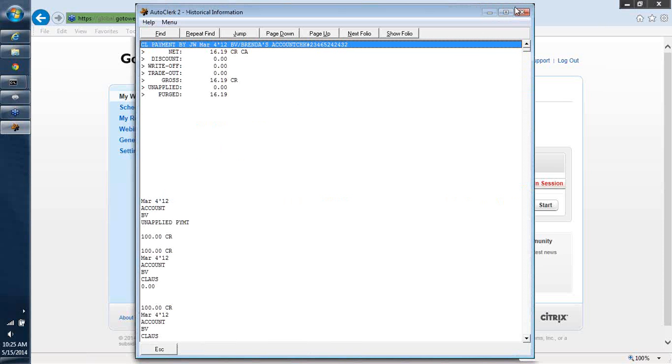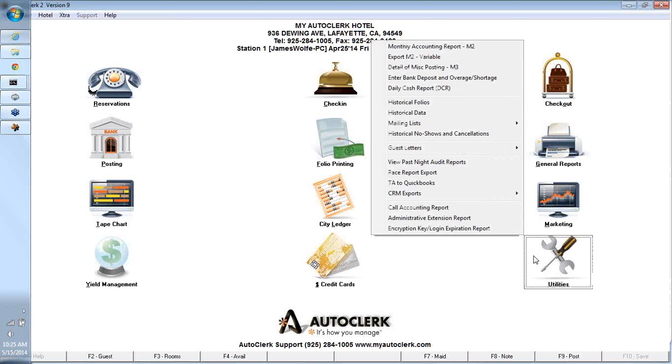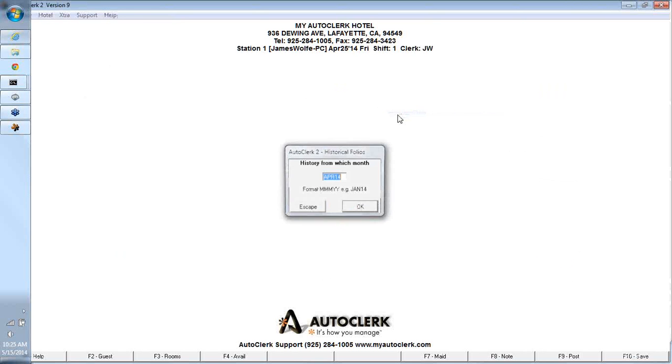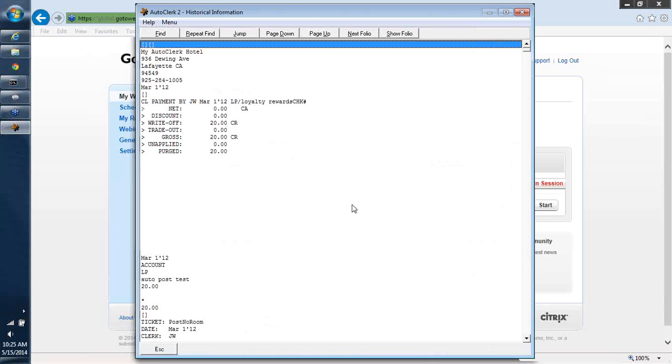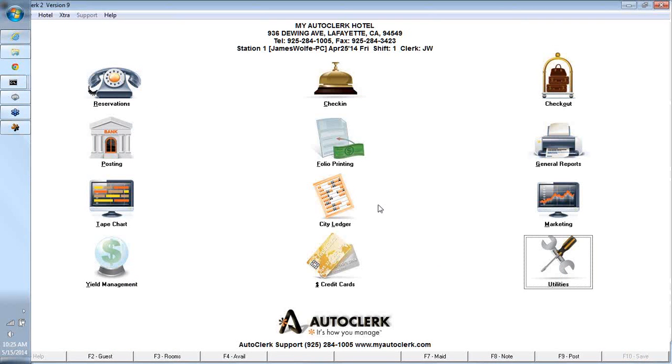So that's how you research. And once again, let's cover that one more time. If you're researching a check or a historical payment for a City Ledger account, you go to your Utilities, Historical Data, the month and year you're looking for, which for us it was March 2012, and it is month specific, and then the search is using this here, CL payment. If you have questions about that further, we can try and address those at the end. Moving forward,